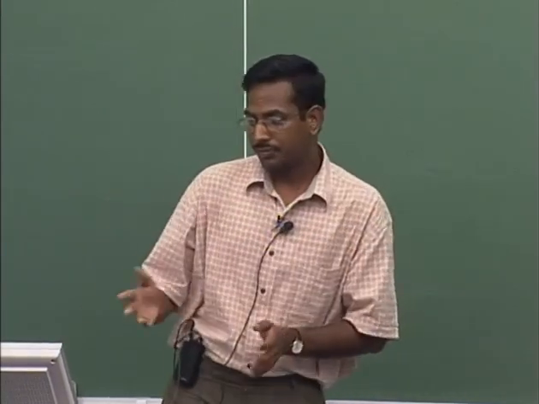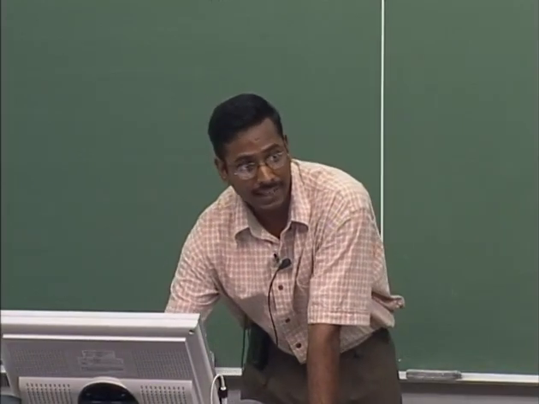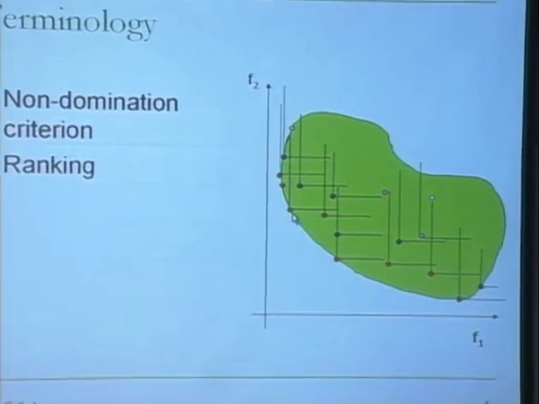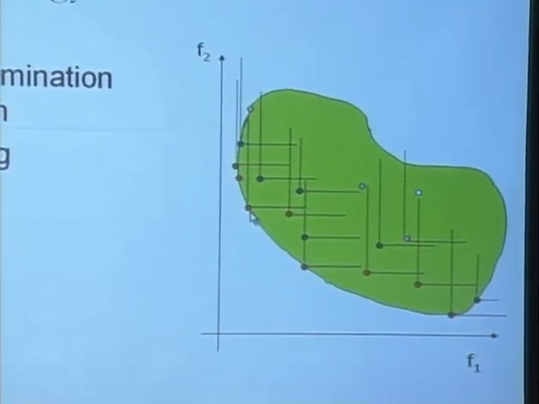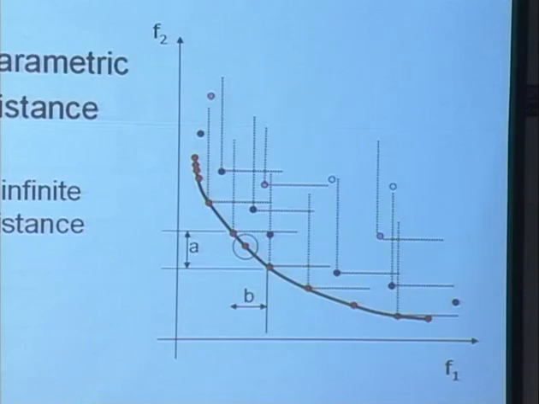One method is based on this non-domination criteria, that is, we assign a rank. For example, if I consider this particular solution set, all my non-dominated solutions are the best. They are the solutions which I would prefer if I have to stop at this particular instance, and so they are called